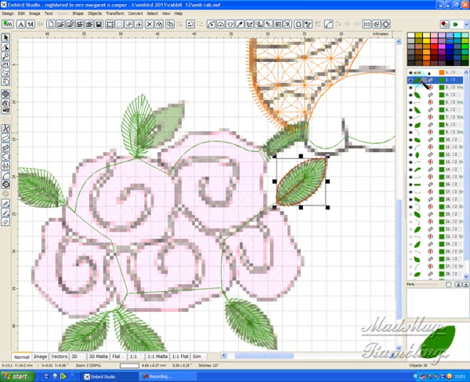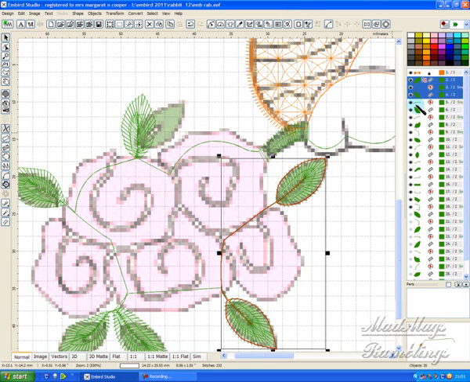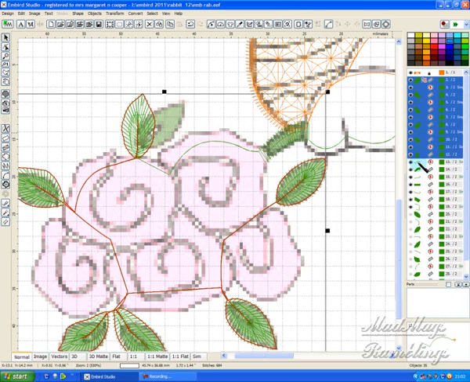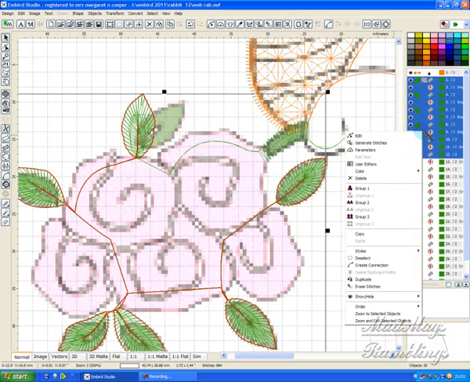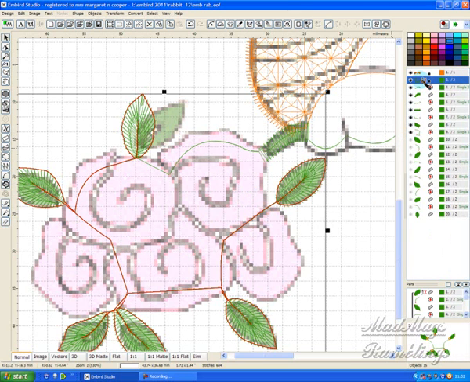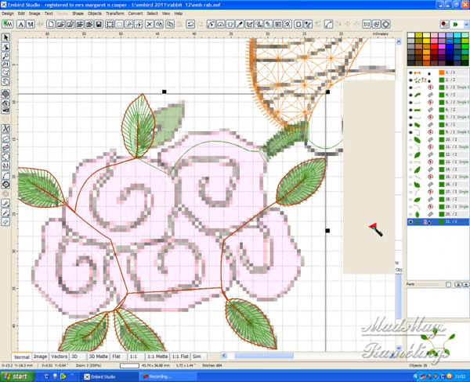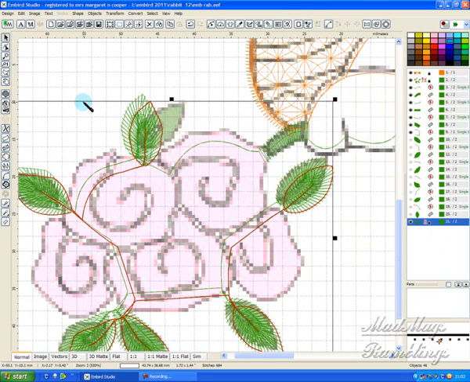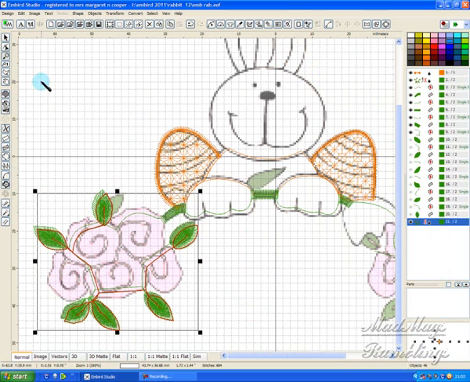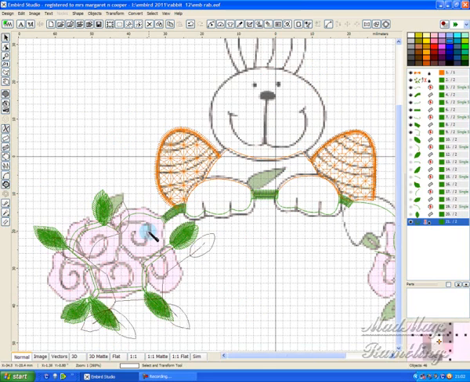Now I highlight the first green part, I hold down shift and I go through highlighting all the pieces that are in here that make up this bunch of roses. I tell those group. Then I did something which was duplicated. Now I have to diminish my screen a little, so I hope you can still see what I'm doing. There we go. I drop that off and I carried these across